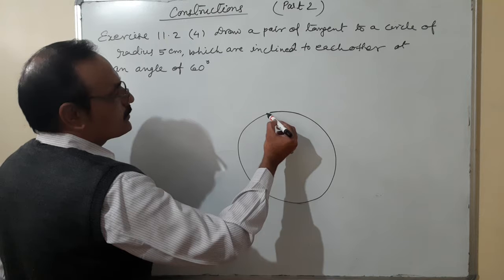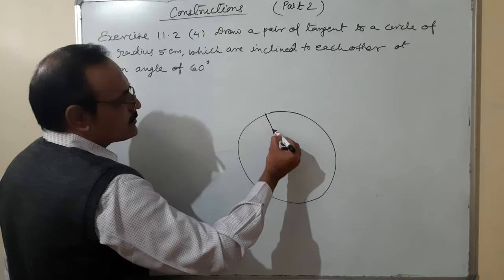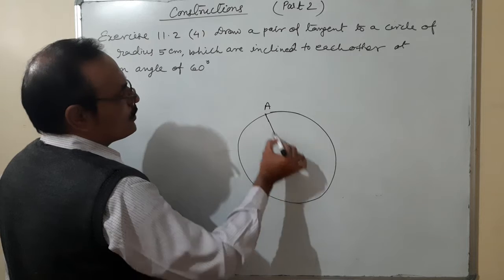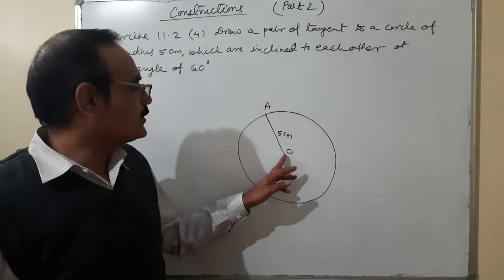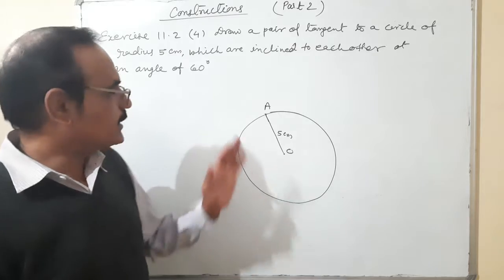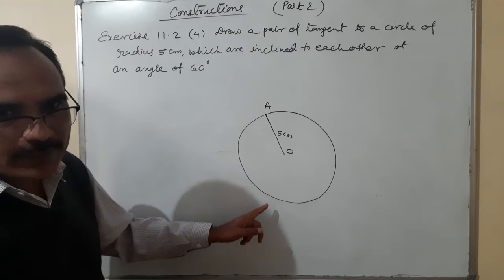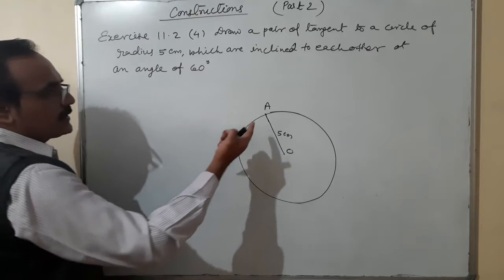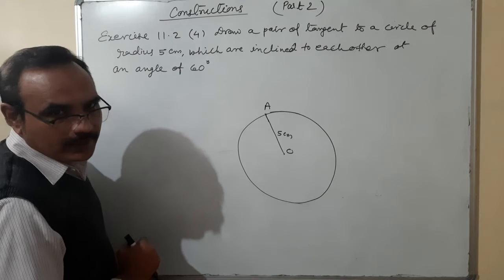So simply from point O we have to draw one radius. Okay, and you can choose any place on the circumference of circle. Suppose I have taken this point A. O to A, what is it? It is 5 centimeter. Means simply with the help of ruler you can join from O to A. A is any point on the circumference of circle. Some outlines, because actually we are going to make an angle of 60 degree here. Therefore one is here and second we are going to make it here. So OA is equal to 5 centimeter. Because one tangent is coming from that way which makes an angle of 90 degree.